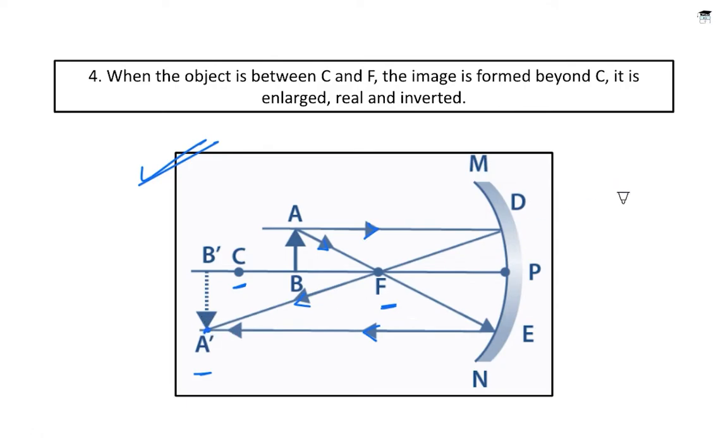So it's so easy to draw any ray diagram to find the position of any image if you just follow three steps. The first step is to draw the object. The second step is to choose any two rays of your choice and draw them. The third is to look at the reflected rays and see the point where they are meeting, and at that point we will find the position of our image.